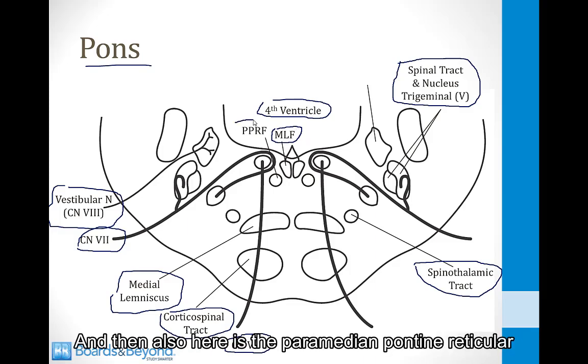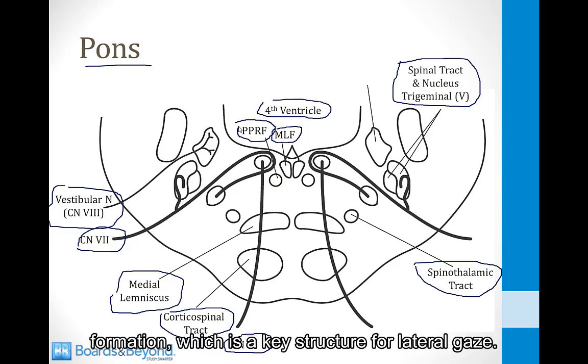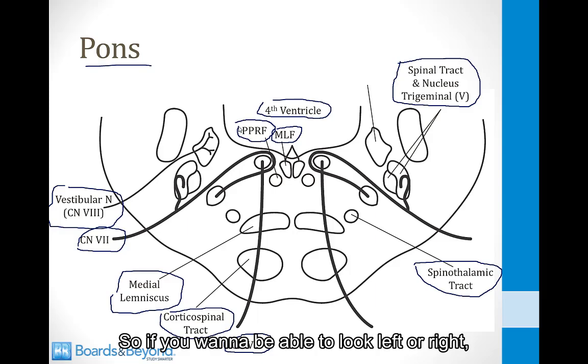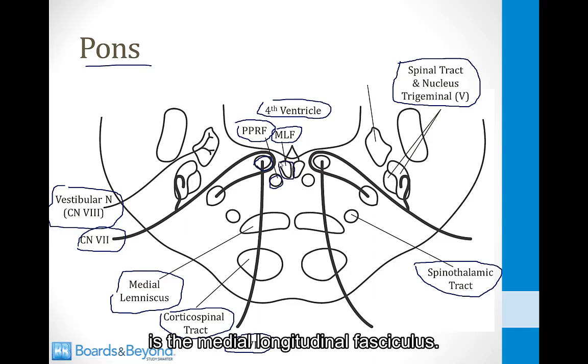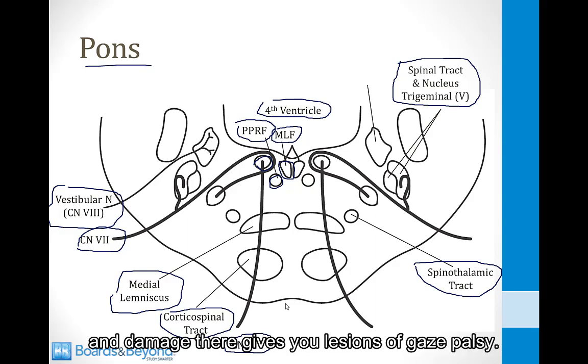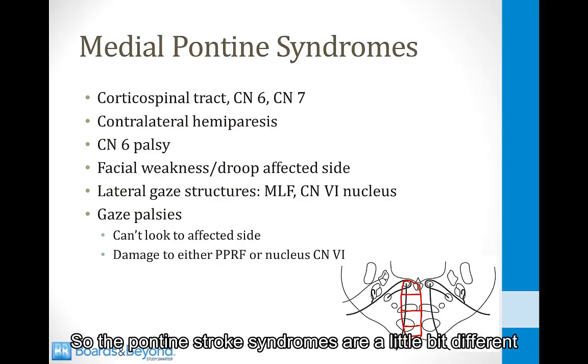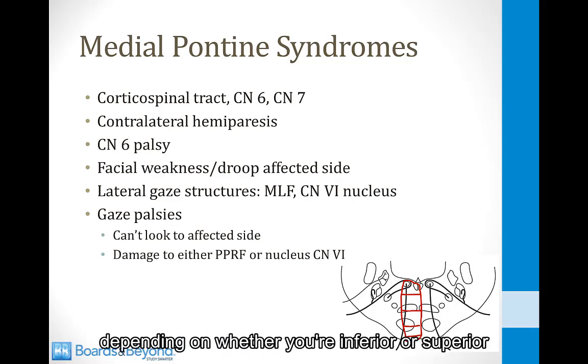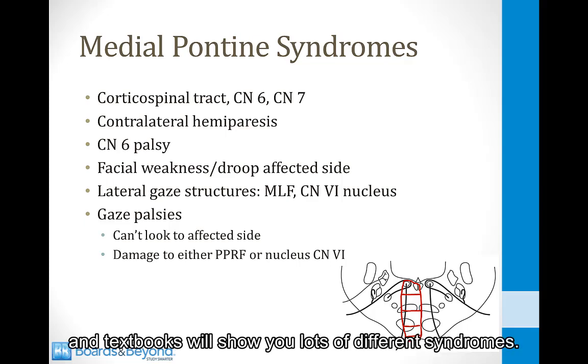And then also here is the paramedian pontine reticular formation, which is a key structure for lateral gaze. So if you want to be able to look left or right, you need three structures that are here. Right here is the abducens nucleus, right here is the PPRF, and right here is the medial longitudinal fasciculus. They're all close to each other in the pons, and damage there gives you gaze palsy. So the pontine stroke syndromes are a little bit different depending on whether you're inferior or superior, and textbooks will